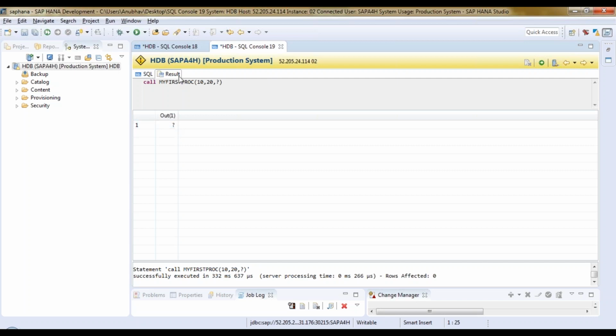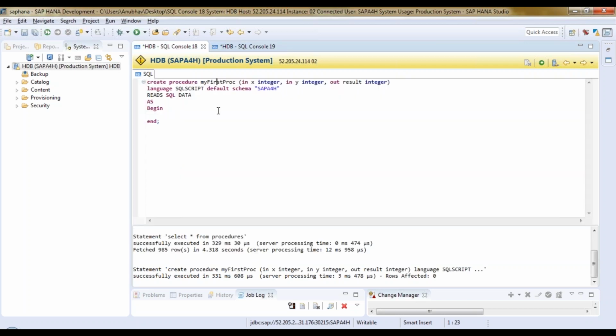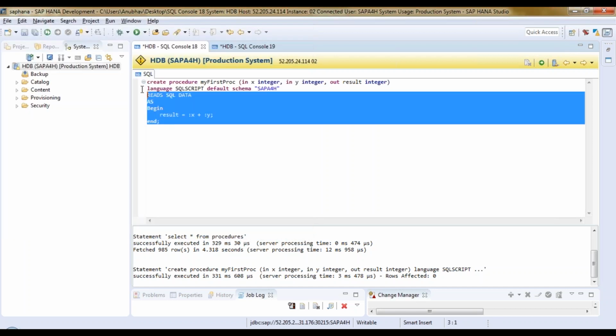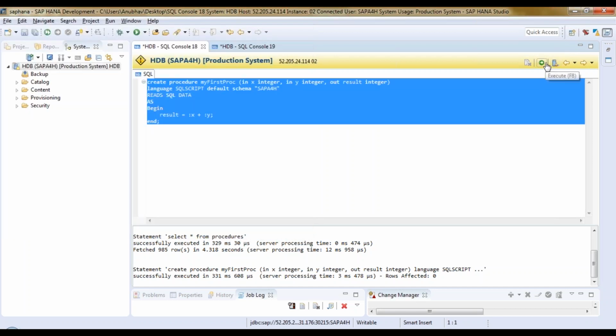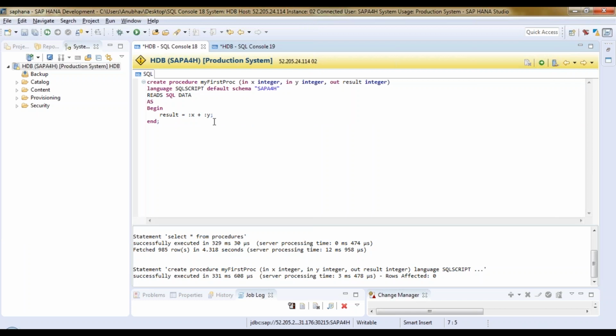You see, that's why you're getting null. Point two, we don't have code to calculate the summation. Let me do the calculation for summation. So I will say result equals x, because I'm now referring to the variable, and then y, x plus y. Save this. But if I execute this and want to create the procedure, will the system allow me